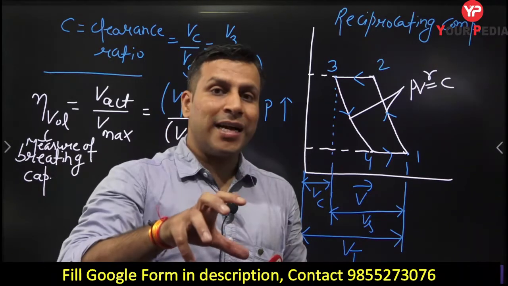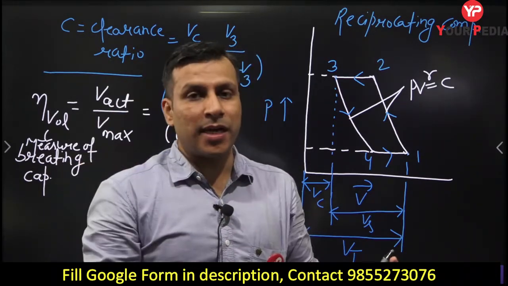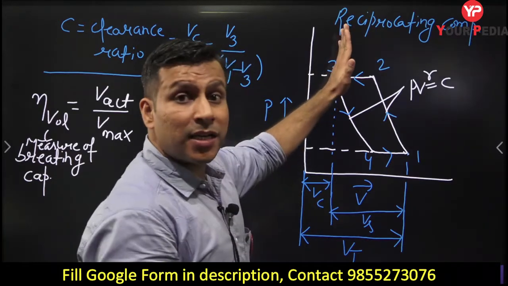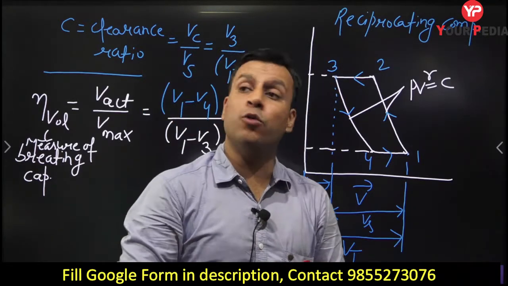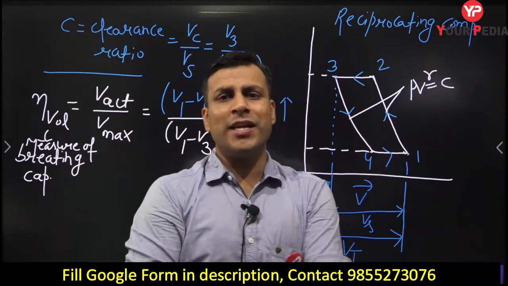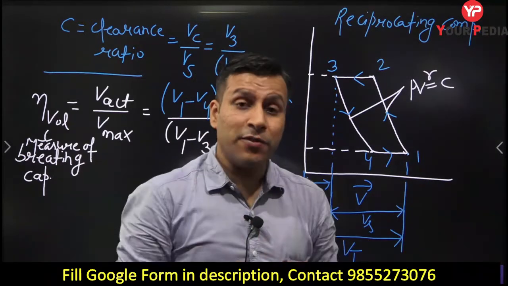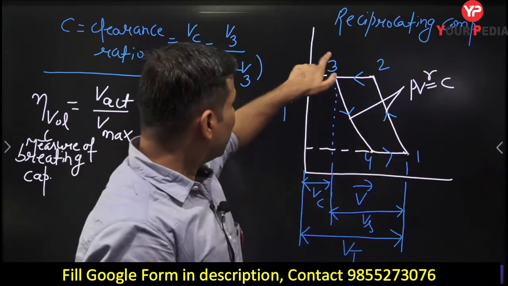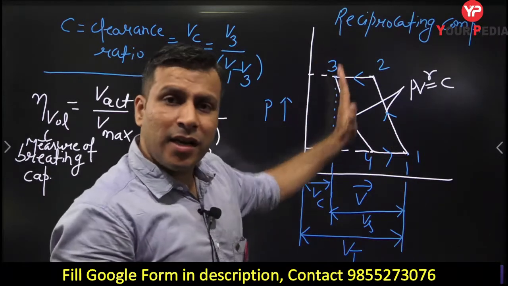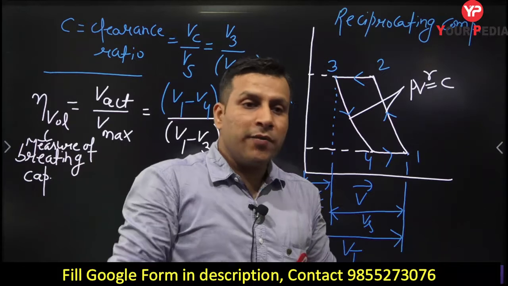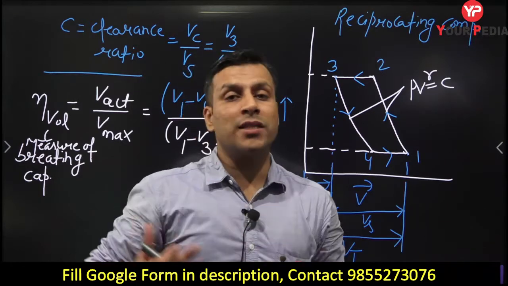So due to that, it will exert some pressure inside. At this particular point guys, the pressure inside the compressor is more than the outside pressure, or what you can say the evaporator pressure, because this compressor is attached to the evaporator, so we cannot say exit pressure. So the pressure at the clearance, this V3, is more than the evaporator pressure. So the compressor will not be able to suck the charge.